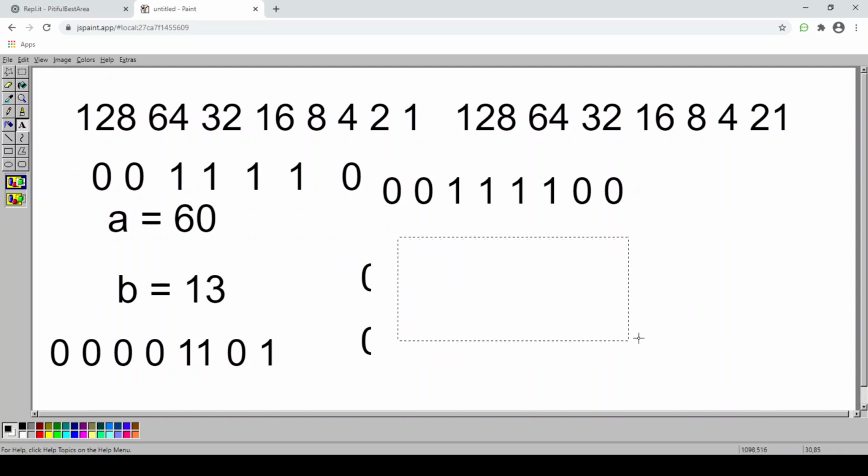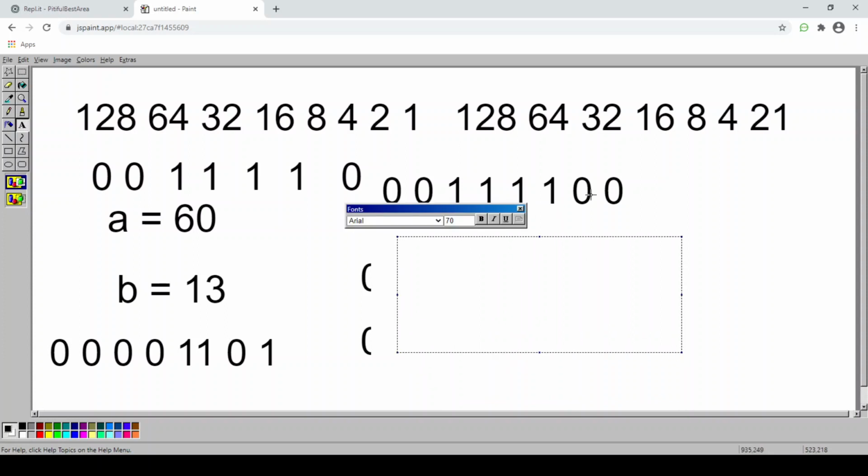Next I'm gonna add a value here. I'm going to add a 0 over here. And I'm going to shift each value to the next position. For example, this 0 will go to this 0, and here we will put a 0. This 0 will go to this position, and the 1 will be changed to 0.